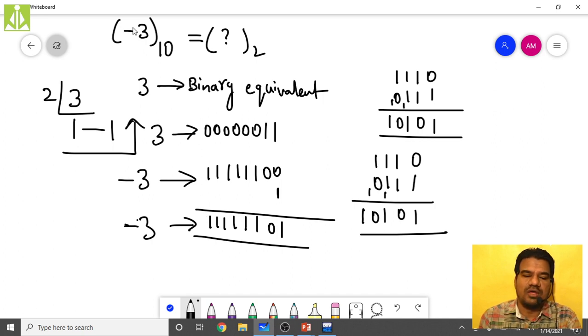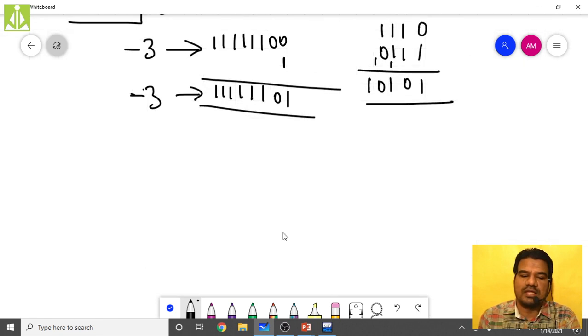So what we have to write over here is that same complete value. What are all here? Triple one, triple one, 0 1. So triple one, triple one, 0 1 in binary. So negative minus 3 in decimal, the binary equivalent is this much.